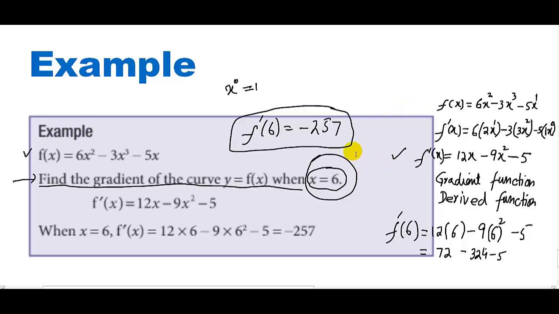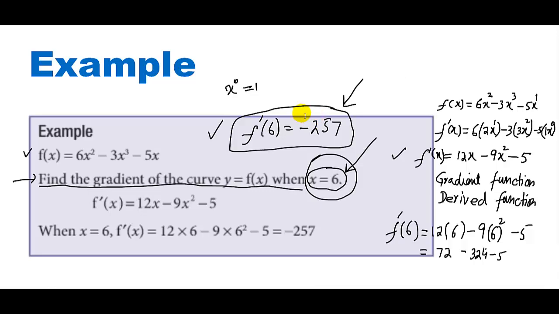Look here, yes, this is the gradient. If you find the gradient with the help of a graph, it is a very lengthy procedure. In a graph, first you have to draw the tangent line, and then you have to find the gradient of that tangent line, which is a very lengthy process. But we are very thankful to Mr. Isaac Newton. He invented this method. In this method, we find the derivative first, and then we plug in this value of x. This will give us the gradient. So this is a very easy method.